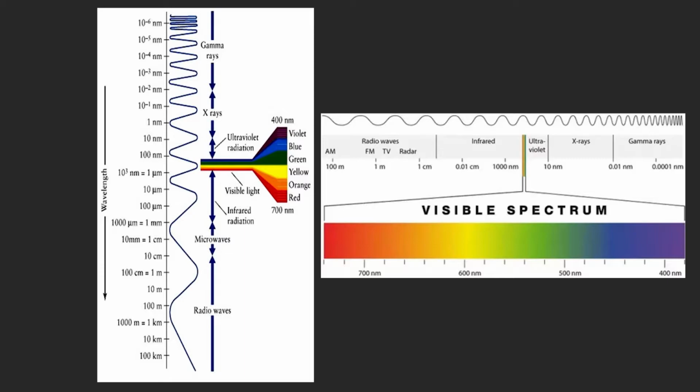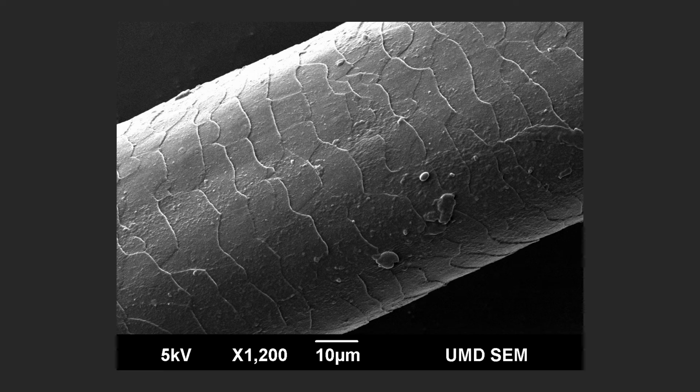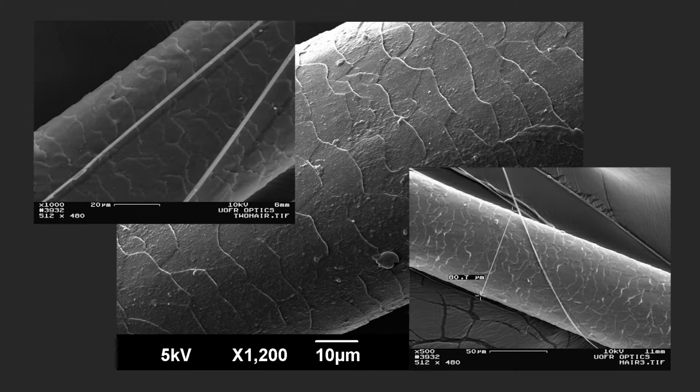For your information, the range that we can see with our eyes is from 400 nanometers for violet light to 700 nanometers for red light. Now, to give you an idea what 400 to 700 nanometers actually is, because the physical size of this will become relevant later in the video: as you can see, the hair strand and the silk of the spider. The silk of the spider is 1 micron in width, which we can see with our naked eyes. The thin line in the strand is spider silk. You can see a strand of spider silk with your naked eyes, and that is roughly 10 times smaller than a human hair.